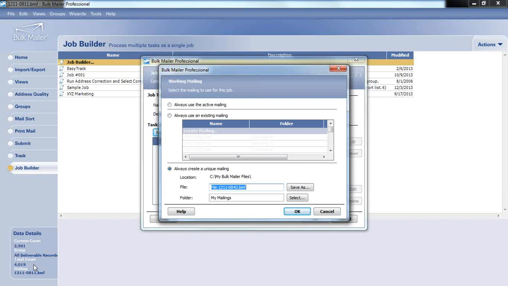I'm always going to export out the move update records, and I'm always going to go to the group and use the group all deliverable records, for example. So what I can do is I can use the active mailing and set up tasks to do just that. I can create it. So before I execute this job, after I've created it, I can create a mailing, I can import that list, and then from there I can go to the job builder, run the job, and it will run it through any of the tasks that I have set forth for the open mailing or the active